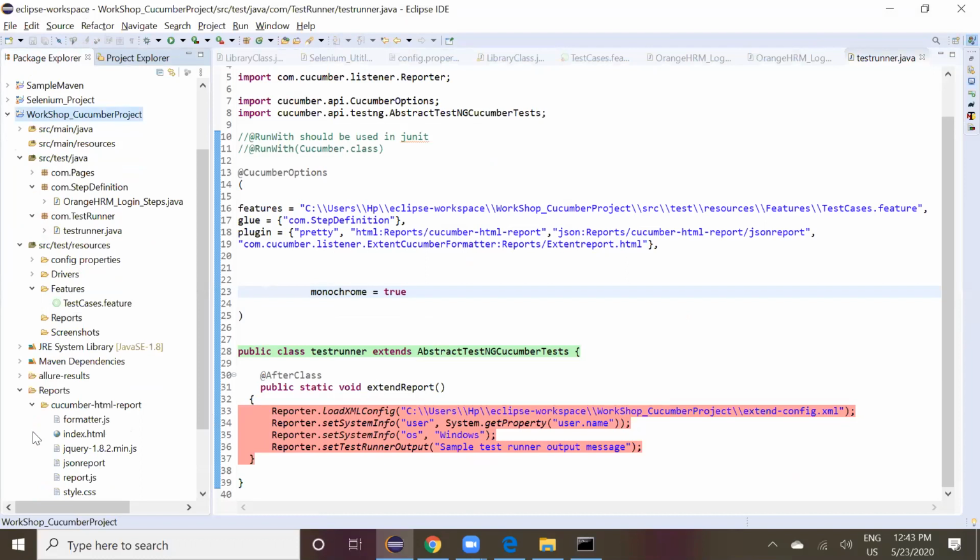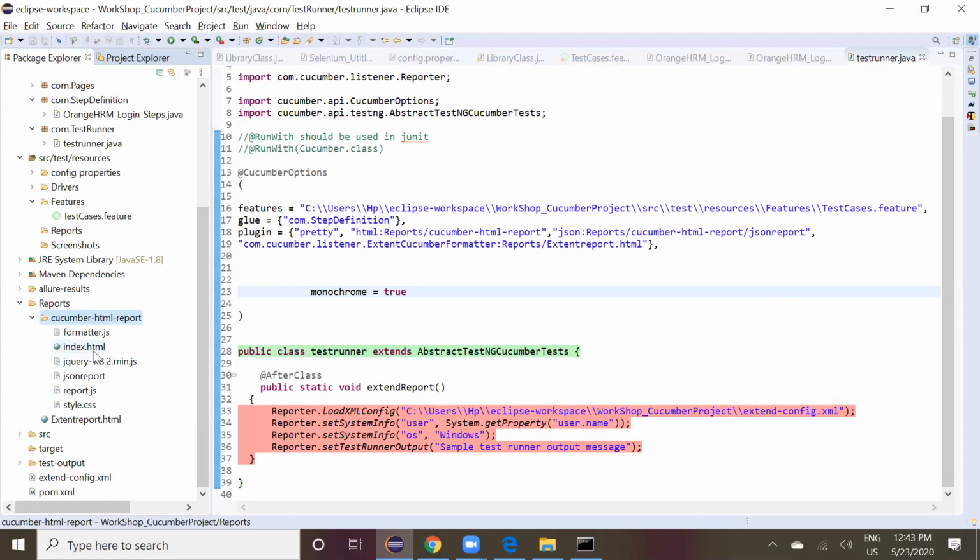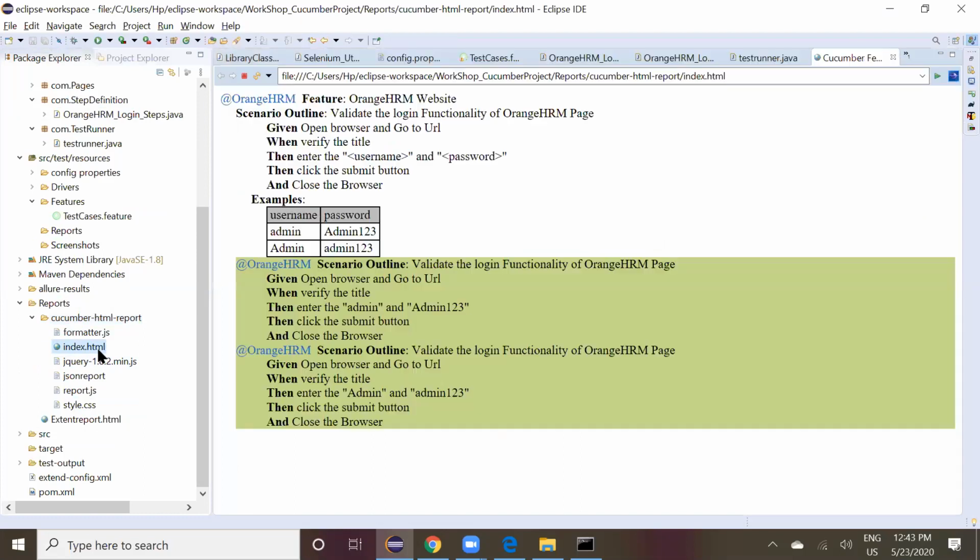You have a Cucumber HTML report, right? Click that index.html. Cucumber report. First you go to index.html. So this is a report, right? Cucumber report. Okay. So you can see what are the values you passed, username admin. Are you listening? Can you hear me?